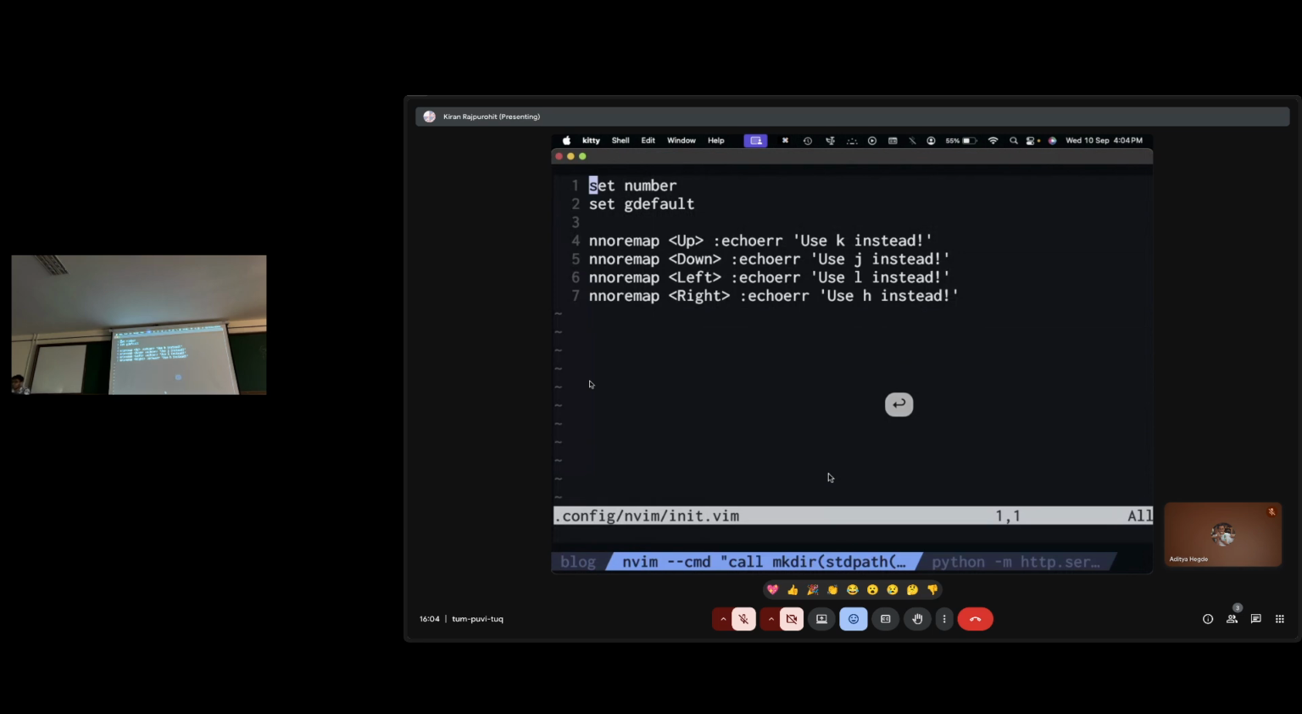Right? If I try to use my arrow keys, you see, it says no, use whatever this thing said. So what is it? Press enter. Save and quit, we're done, and now if I try to use the arrow